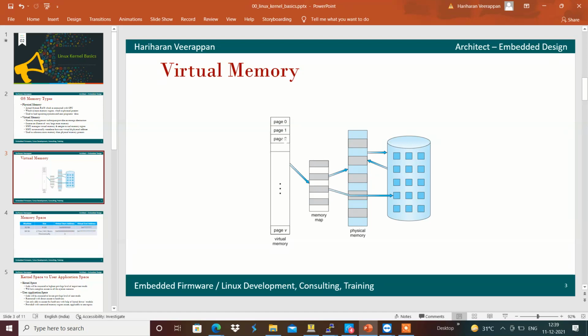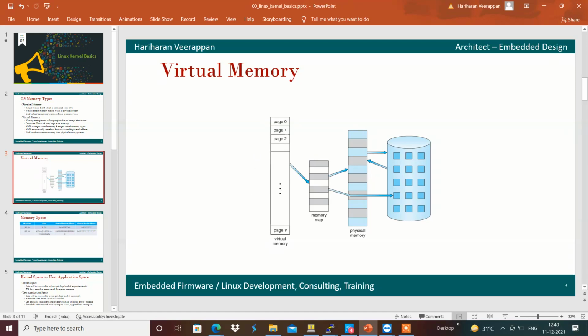When we access virtual memory, it is checked whether it is present in the physical memory or not. If it is not present, it gets reloaded from the storage space, in order to create the illusion of a larger memory space for the system. For that, virtual memory comes into place.